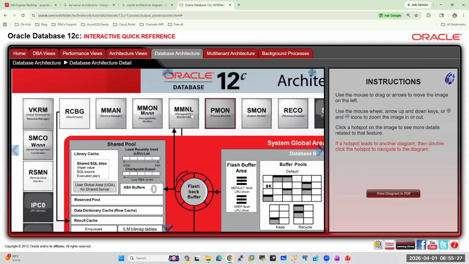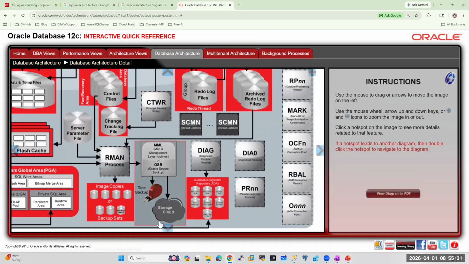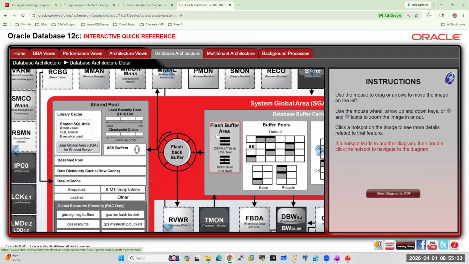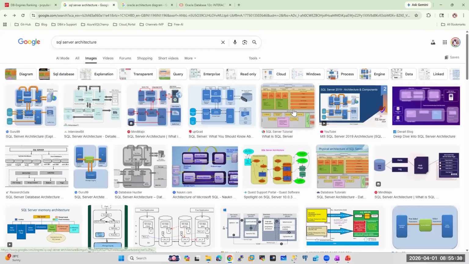Whatever you see here, you will see almost the same for SQL also, but our presentation is not that nice. I am not sure why Microsoft has not concentrated on this, so that a best architecture diagram could be prepared that is easy for everyone to understand.